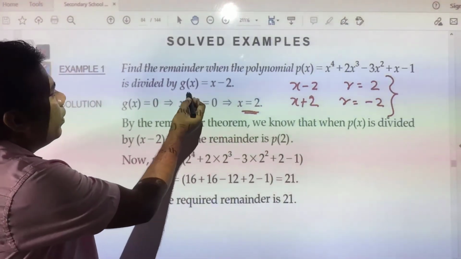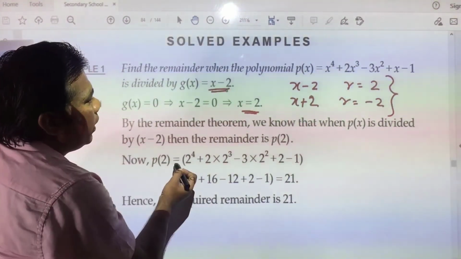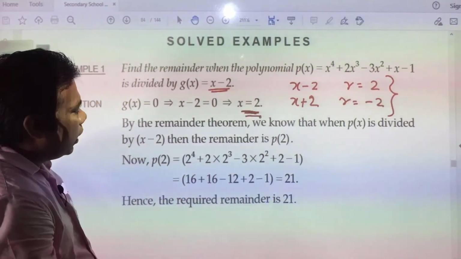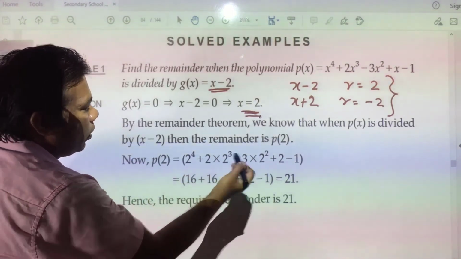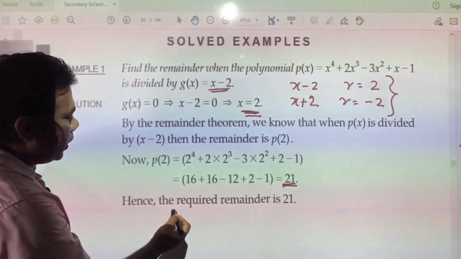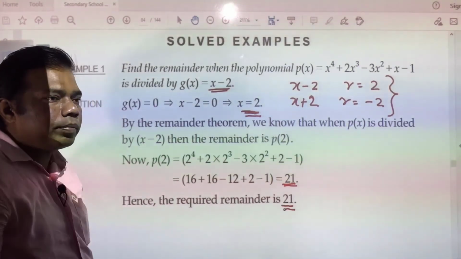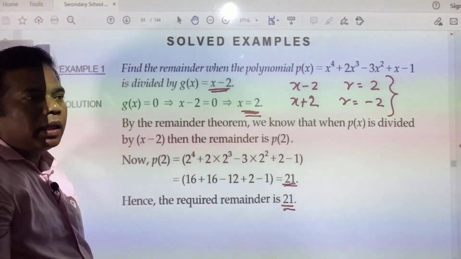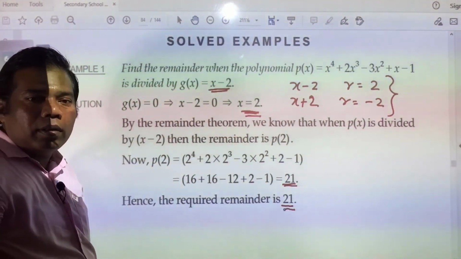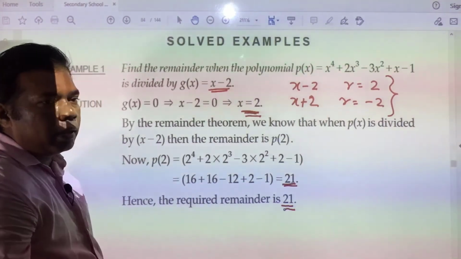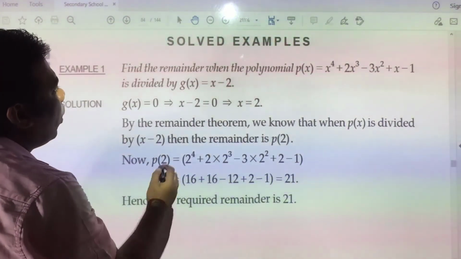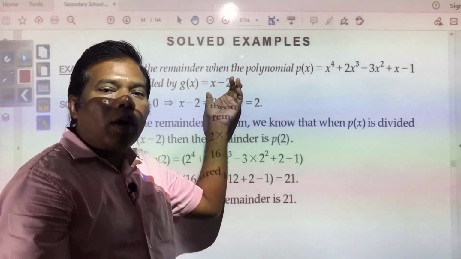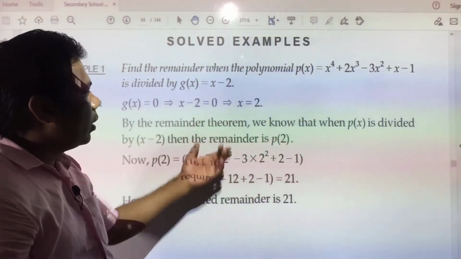So, here you see, if it is divided by x minus 2, it means x will be plus 2. Now, just put the value in the given polynomial, you will get the answer. So, hence the required remainder is 21. What you have seen in the division algorithm, in verification or observation, the same thing is the remainder theorem. Or directly you can divide also and find out. That is a bit long process, and this is a bit of a shortcut.